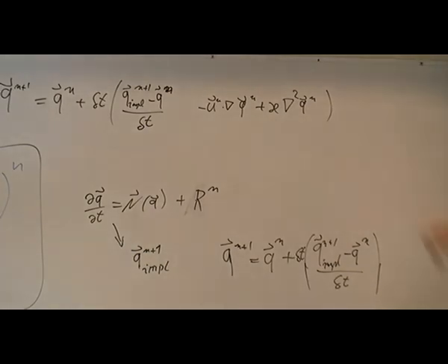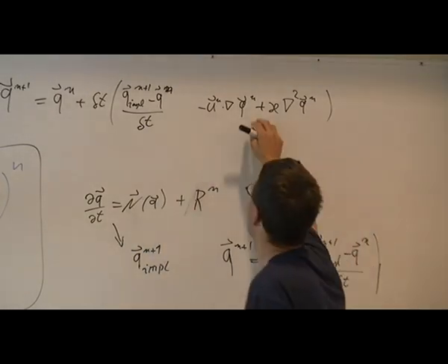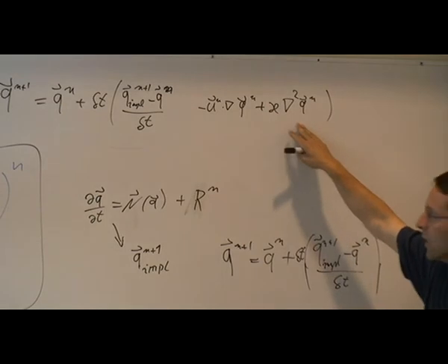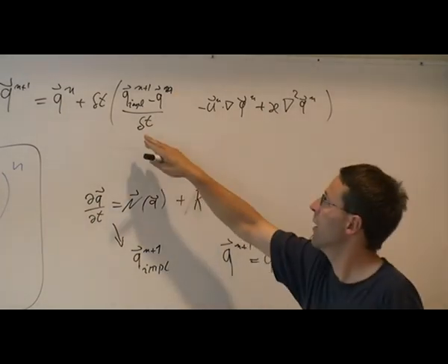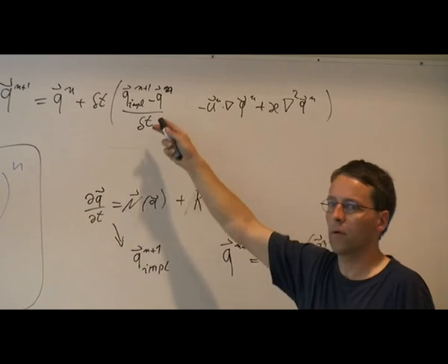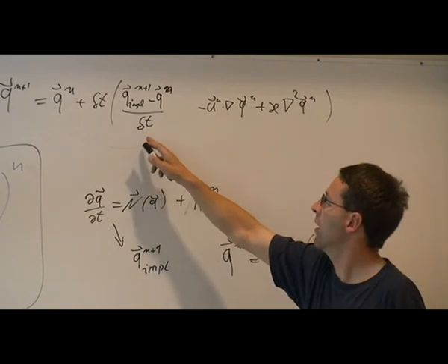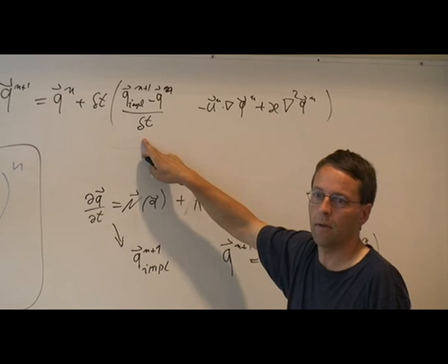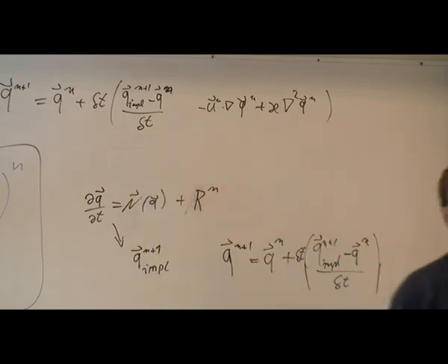And this is now something where, basically, we evaluate those terms at the old time, but instead of evaluating this term, we use the information from an implicit solver that doesn't have the time step limitation in order to figure out what we need to put here. Yeah, okay. And I think this should work,